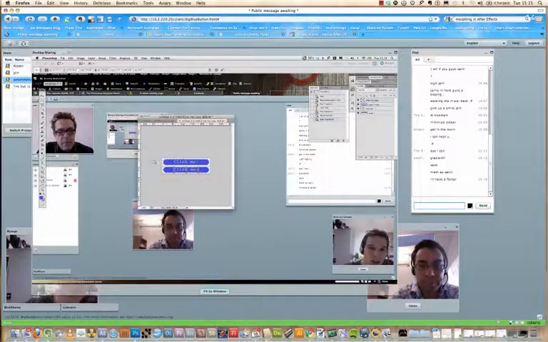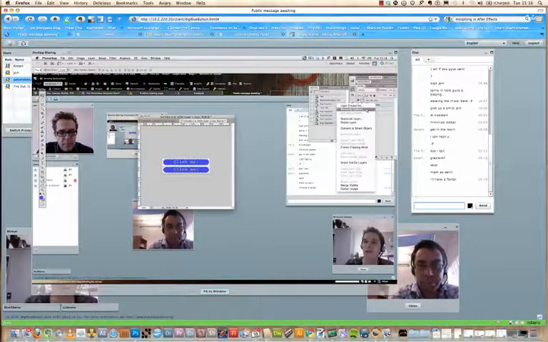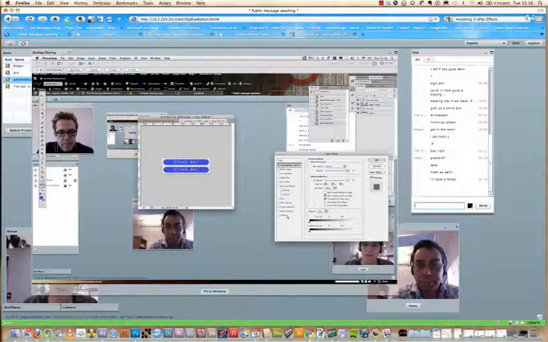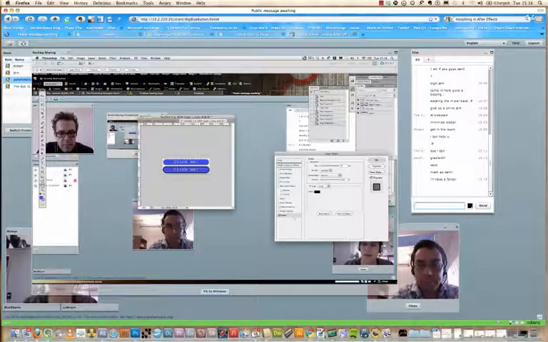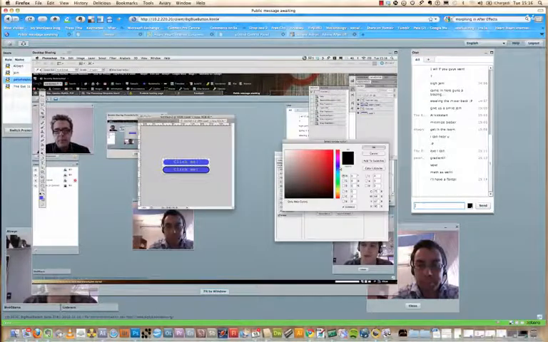So I'm just going to change a blending option on the shape of the bottom image to make it look like it's got something around it, like a stroke. So then you can get some visual feedback that the mouse is over the button. So in the blending options, I'm just going to come in and put a stroke on it. And then I'm going to go into the settings of the stroke and change the colour to a darker blue,